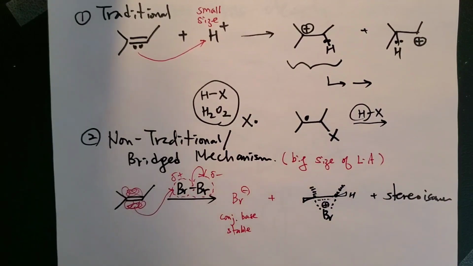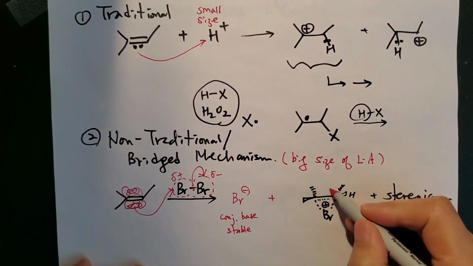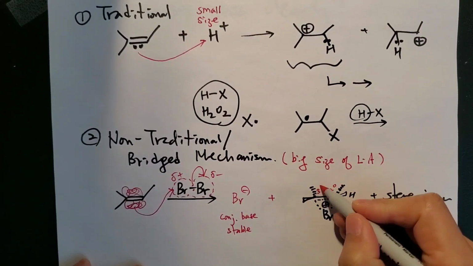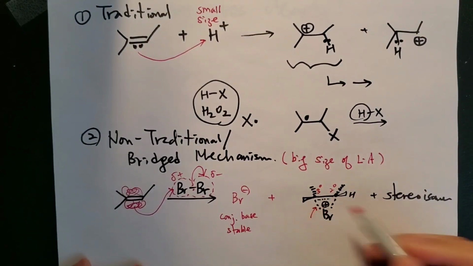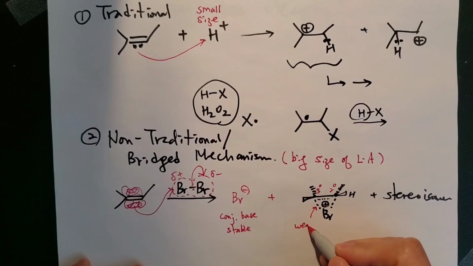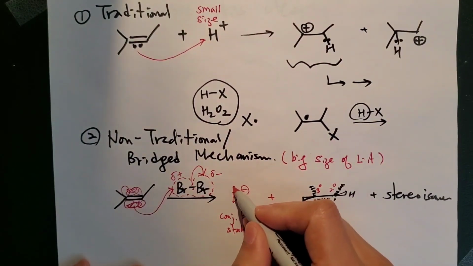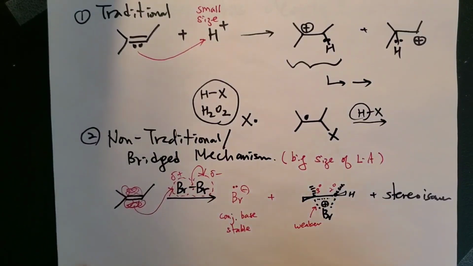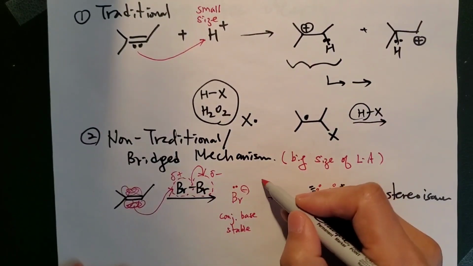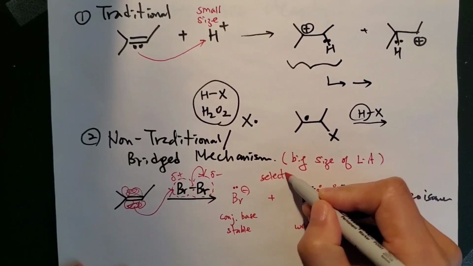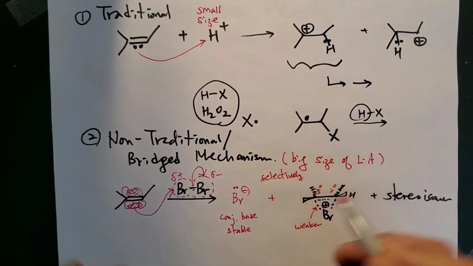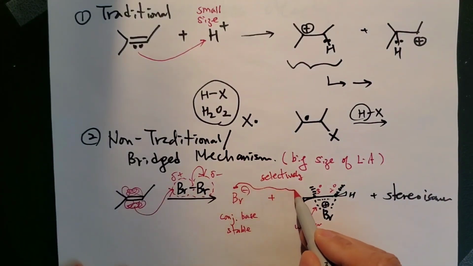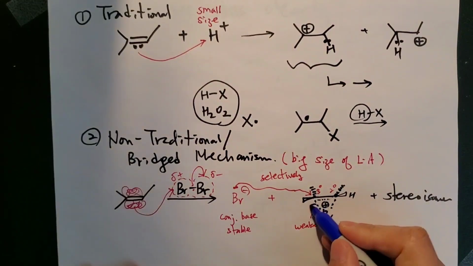Then in this form, you can see this carbon being secondary, the other one tertiary. So this partial bond is weaker and easier to break. Therefore, this weak bromide, being very selective, attacks here, then breaks off this bond